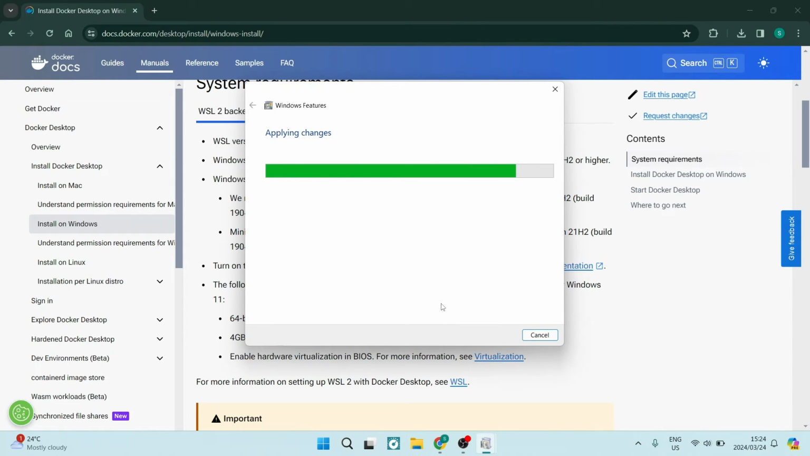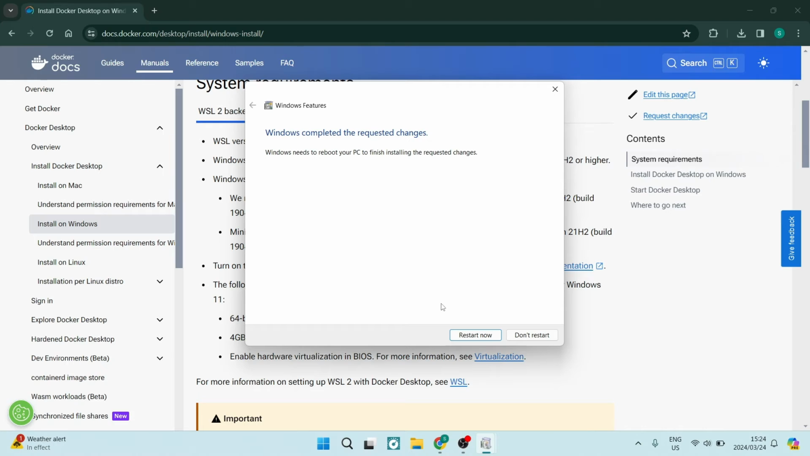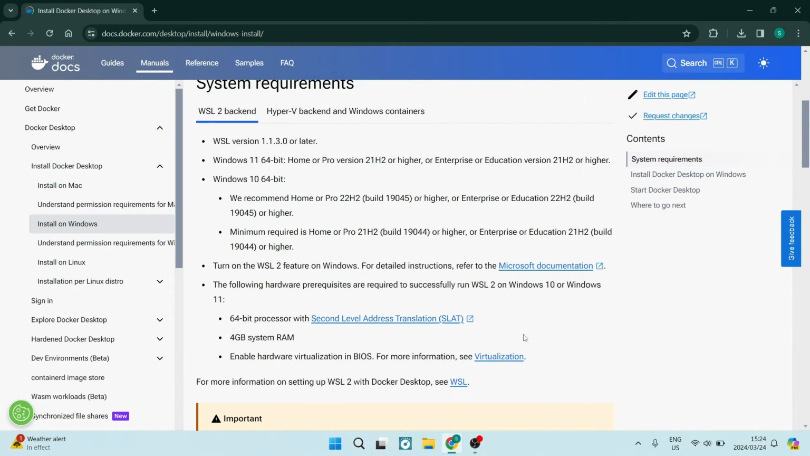will take some time. And what we're going to do from here, once it is done, is we are going to say don't restart for now, because we will be restarting at a later stage, and it'll then have all the changes that we make take effect. So the next thing we need to do is make sure that we have our virtualization, our hardware virtualization turned on if it's enabled. So